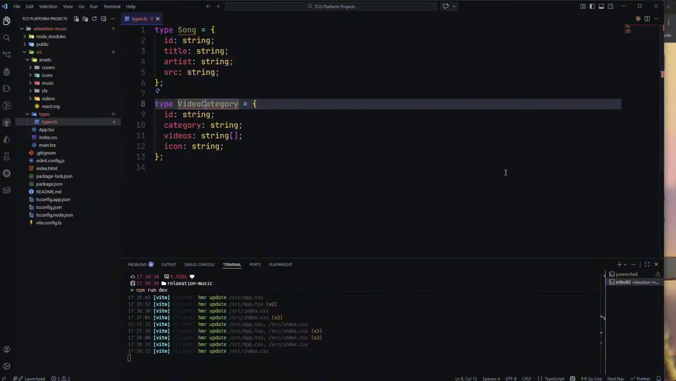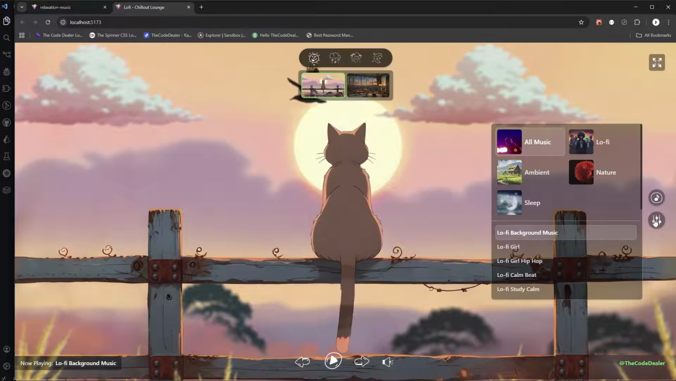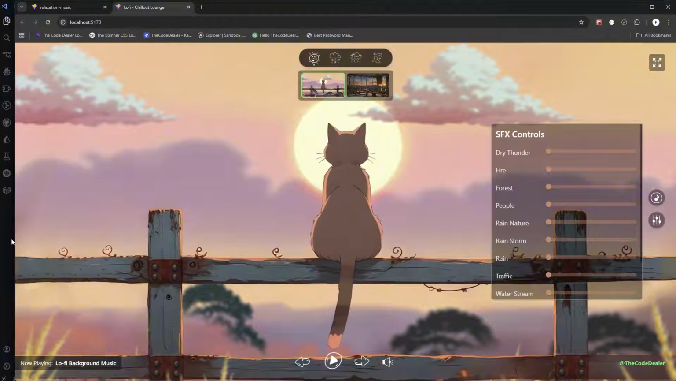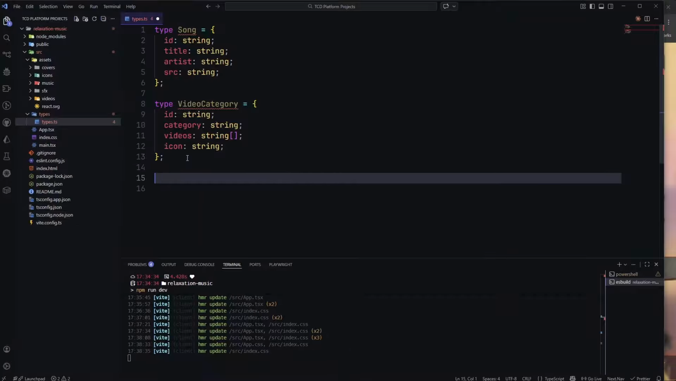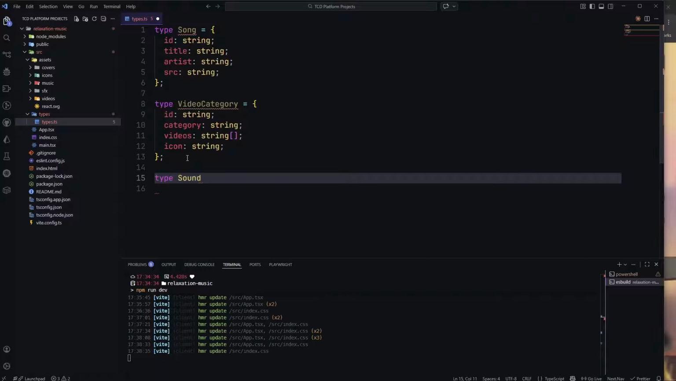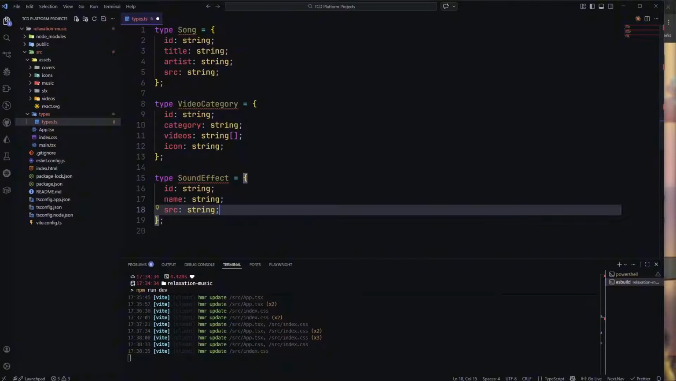The other thing that we want is a sound effect. So as you can see here, if I open the sound effects, there's the sound effect. There's also the title. So type, and it's going to be maybe sound effect. Oh, I'm so terrible at typing. Sound effect, like that. And then we're going to have ID of string, name of string, and then we also